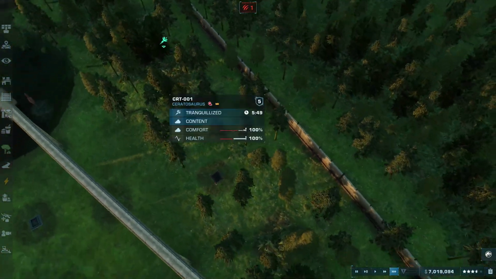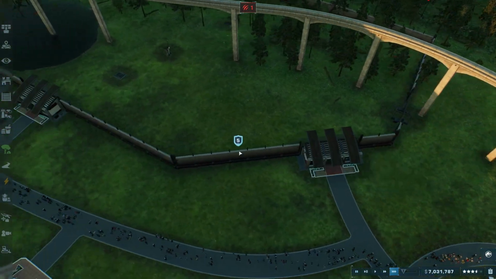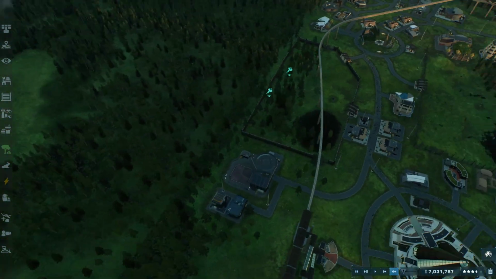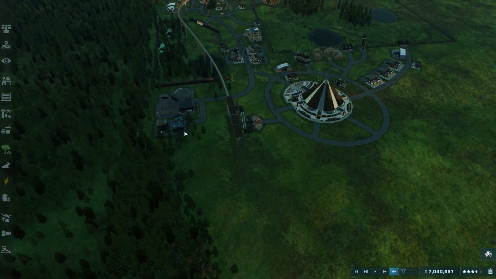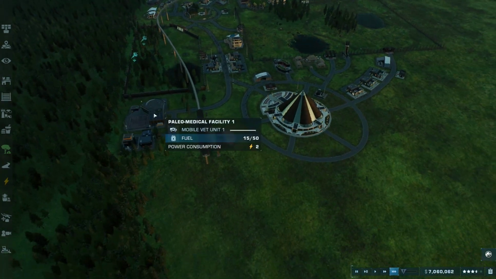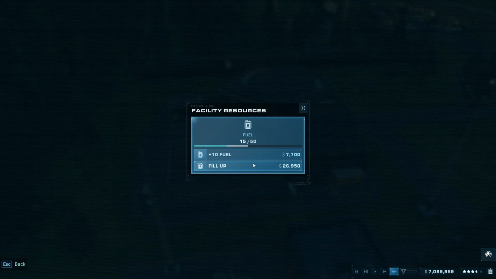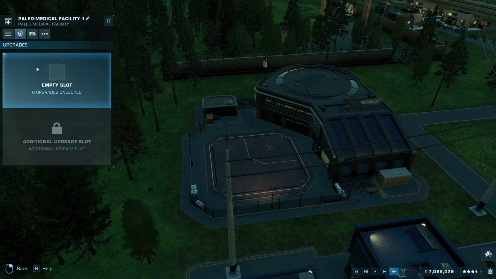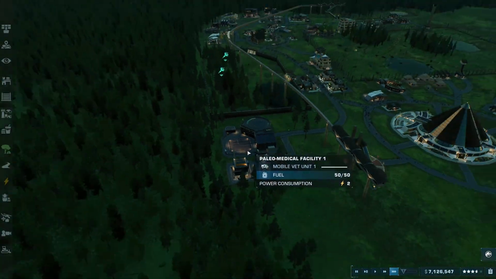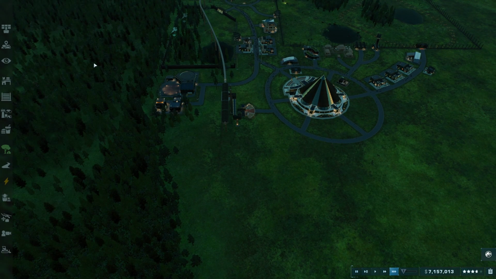So these are now level 5 fences. They will not be a danger to the guests anymore. And also reduces power, because we don't have to deal with that. Anyways, we need to get... 1, this needs to be resupplied. 2, you don't have any upgrades. That's okay. Let's go ahead and start building...